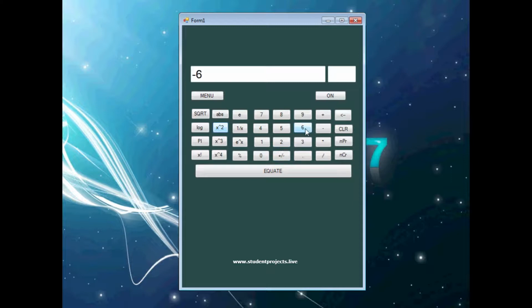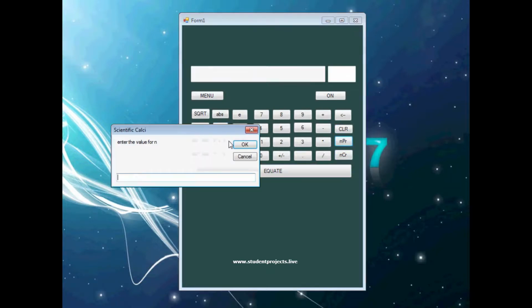Plus or minus 6, that is minus 6 plus 9. So this gives you a value 3, where to use the negative numbers at first, we can use this symbol plus or minus, which will give you minus symbol at the first for the numbers. Minus 12 minus 2, it gives minus 14.